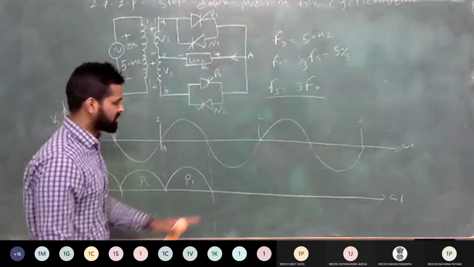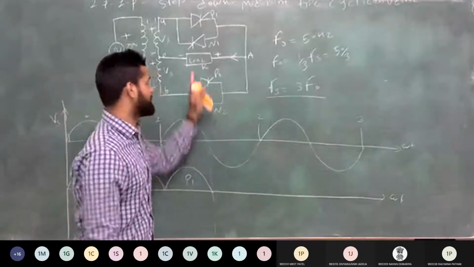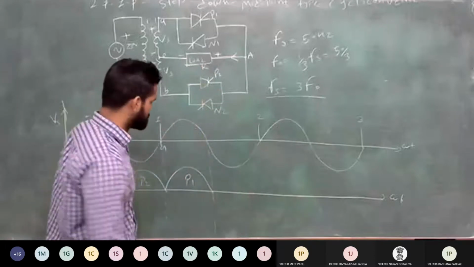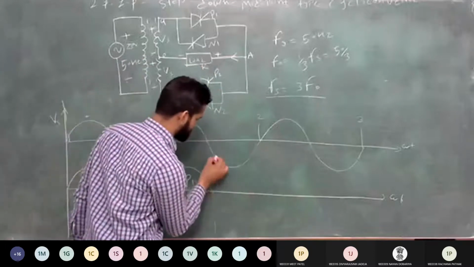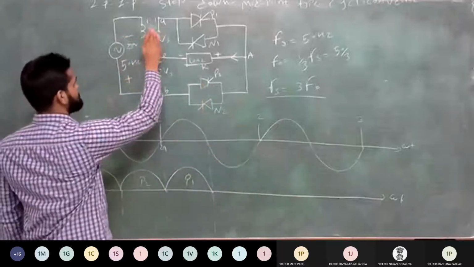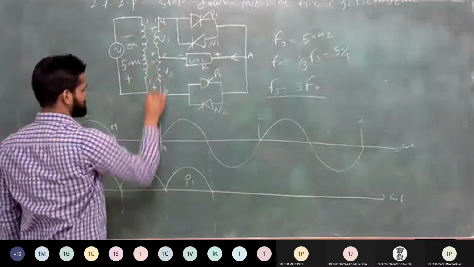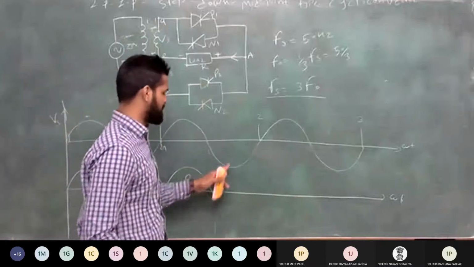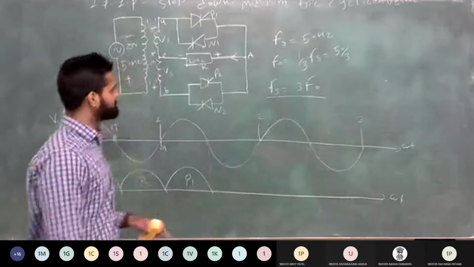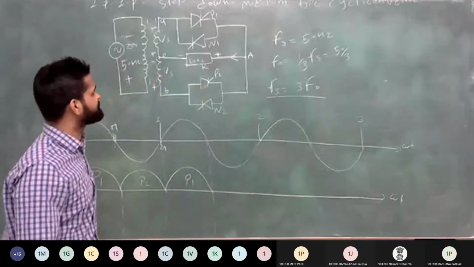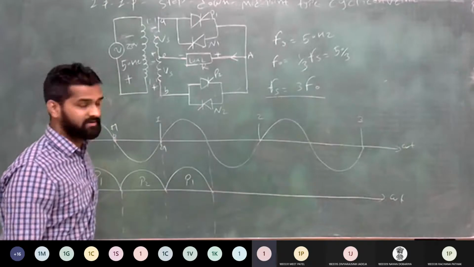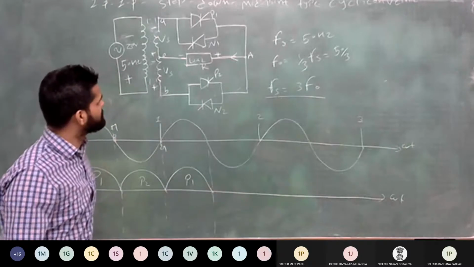Now in the next half, you require the negative cycle at the load side. It means you turn on the negative group thyristors N1 and N2, whichever is forward bias. So now your supply voltage becomes negative, minus plus. Which thyristor do you turn on so that you get the negative voltage for negative supply voltage? N1.